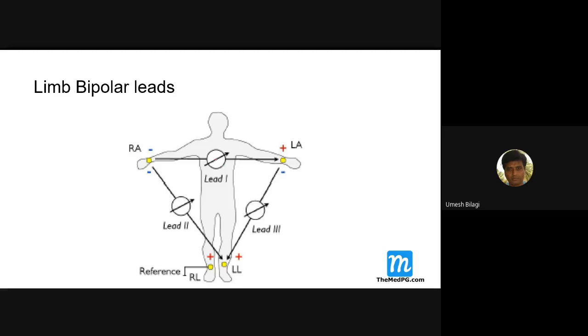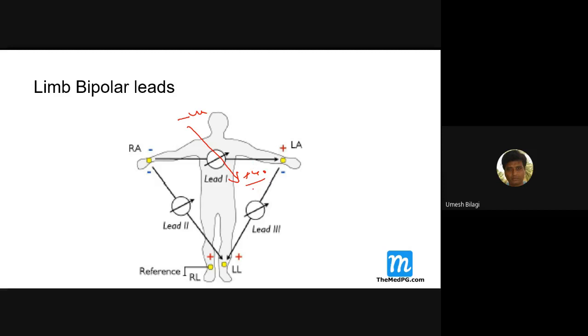You all know the heart is like this. The heart axis is like this, so the electrical axis of the heart is like this. It flows like this, so this is negative and this is positive. The electric current flows like this in the heart. You should know that the biggest vector of the heart is in this direction. I'm talking about the anterior-posterior line. That is the biggest vector.